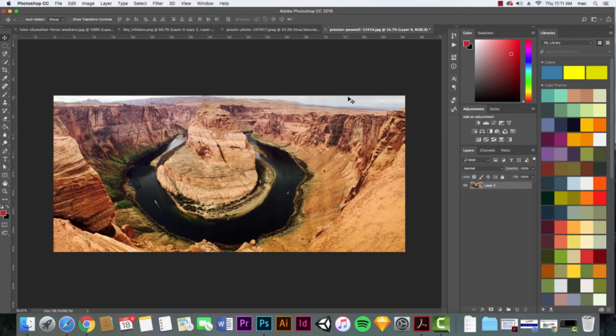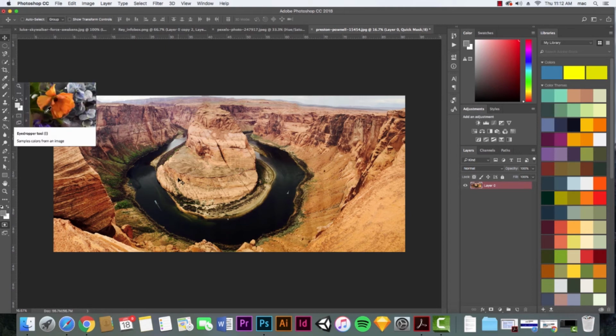So one last thing I want to show you here. There's another way you can make a quick selection too, and it's called Quick Mask mode. Let's say there's something in an image that you just want to change the color of. Like for instance here, the water is looking a little weird, or you want to just isolate something really quick in the image and change the color, or paste a different thing into it. Essentially, right here in the left-hand corner is Edit in Quick Mask Mode, which allows you to paint on the selection you want really quickly. So it's right here down in the left-hand corner. So if you click it,